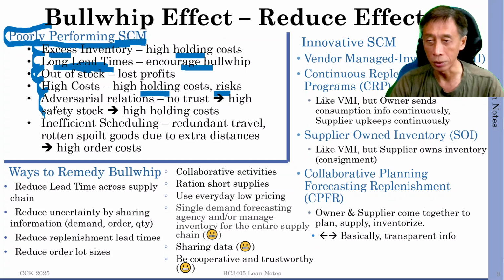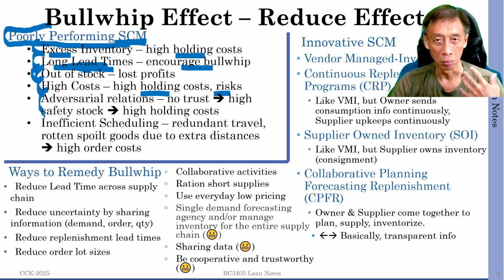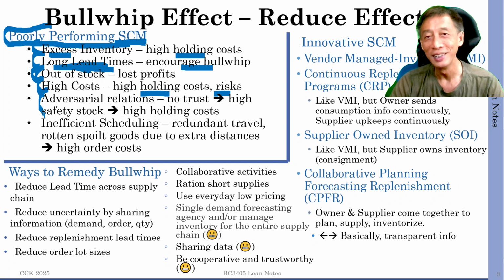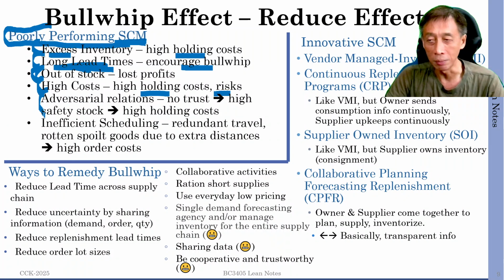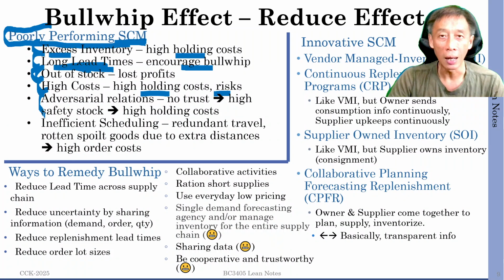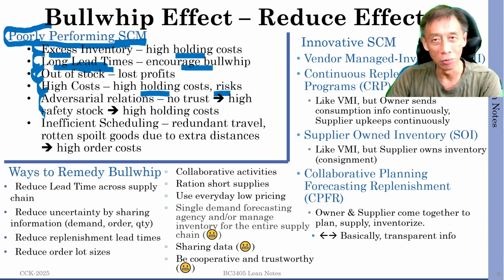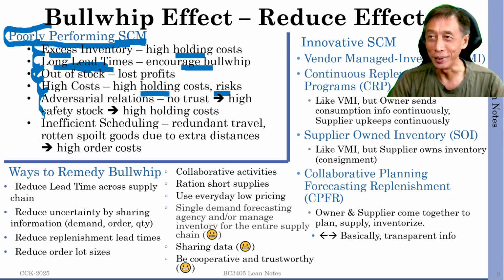Adversarial relationships, no trust between the supplier and the buyer. No trust, not in terms of fighting a war, but no trust as in I don't know you, you don't know me, you don't know whether I'm coming back to buy as a repeat customer, right? I, as the customer, don't know if your goods are reliable, branded, or whatnot. So, not much give and take willingness, let's put it that way. Yeah. So that's the adversarial situation.